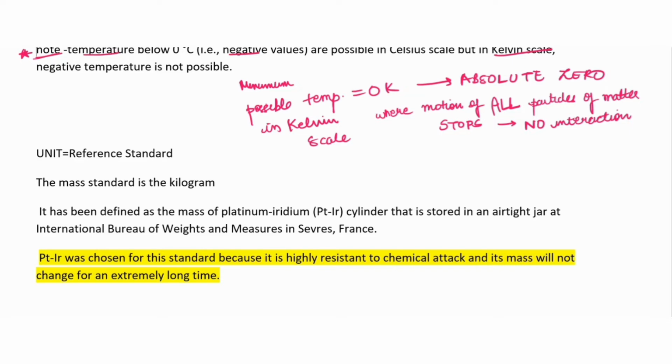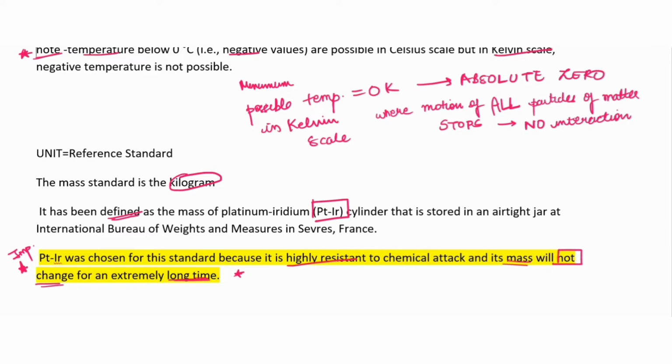Okay, so we know that kilogram is the SI unit of mass. This kilogram was defined using platinum iridium. Why? Because platinum iridium was chosen as the standard because it is highly resistant to chemical attack, and so its mass does not change for an extremely long time. So for two reasons: one, it is highly resistant to chemicals, and second, its mass does not change for a long time. So a platinum iridium cylinder was used to define kilogram as the reference standard, that is the unit